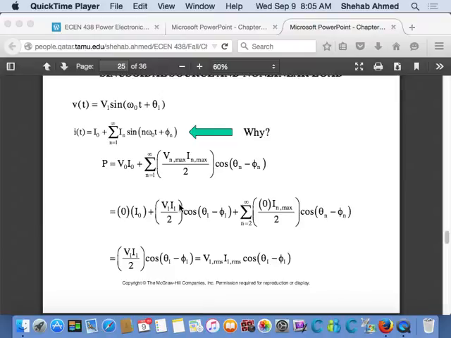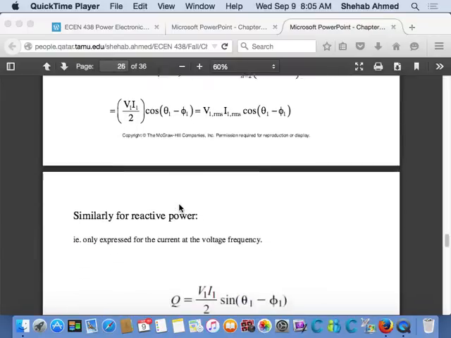So everybody's okay with this? The idea of a non-sinusoidal source and a linear load, or a sinusoidal source and a nonlinear load. Right, so